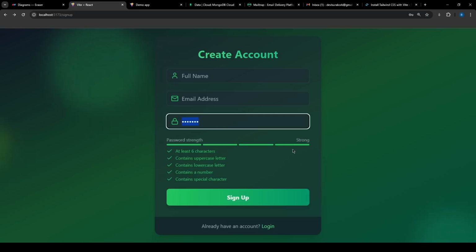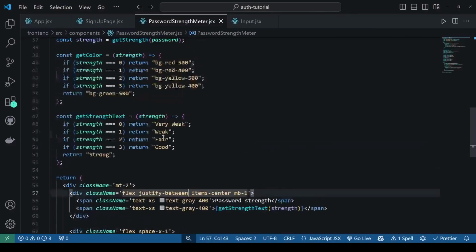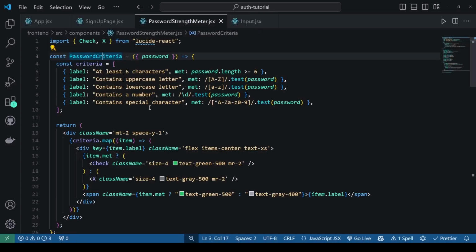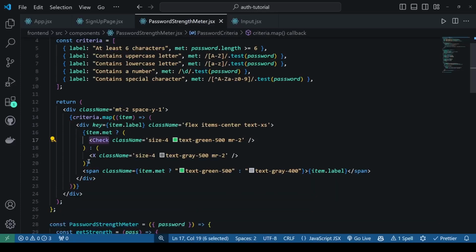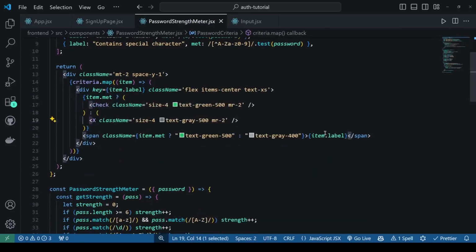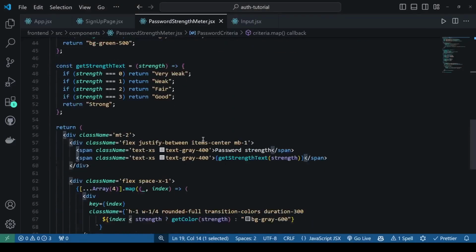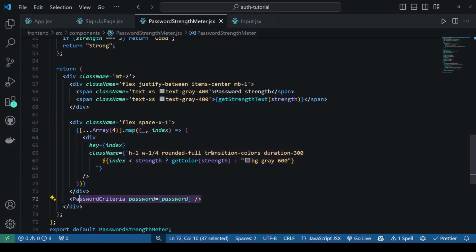So this is how that works. I hope it makes sense. First, we built the password criteria section as well as this password strength part. So this is what we have for this component. This is the password criteria. We show either a check mark or X, right? As well as the item label, which is going to be this text. Then we built this part, which is going to be this one. So this is going to be it for this component, and I think we can go into the login page